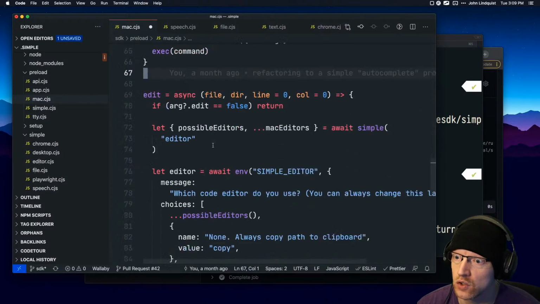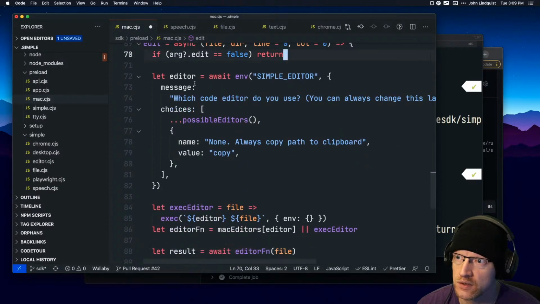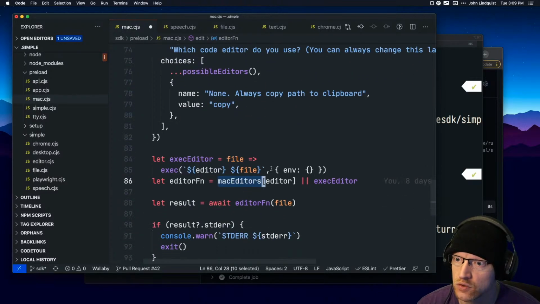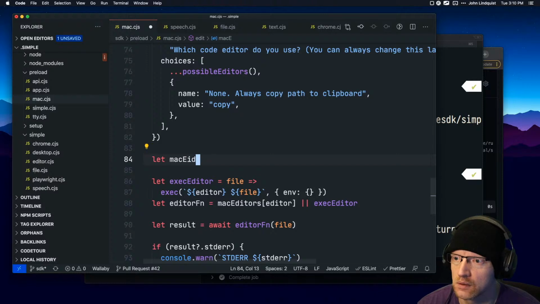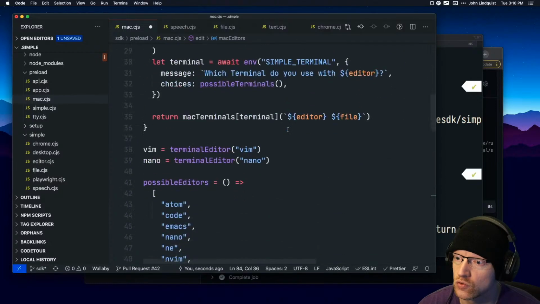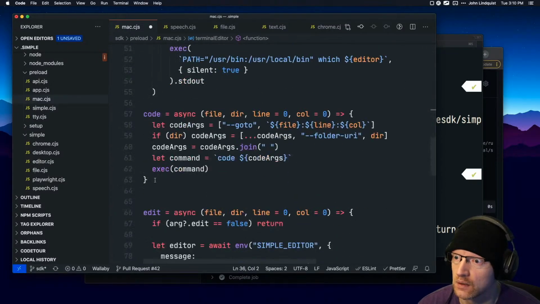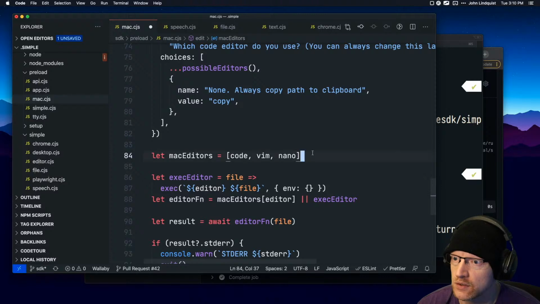And then in here, possible editors is just a function defined above, and Mac editors down here is that code and Vim and Nano that are defined up there. Let's bring those down. Alrighty, so